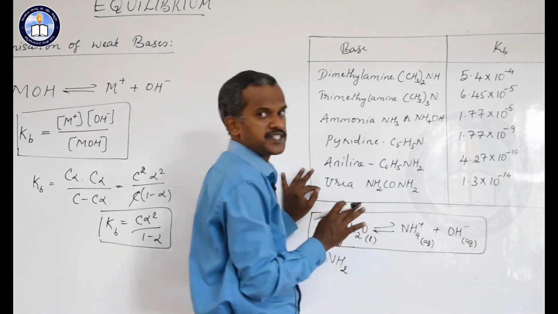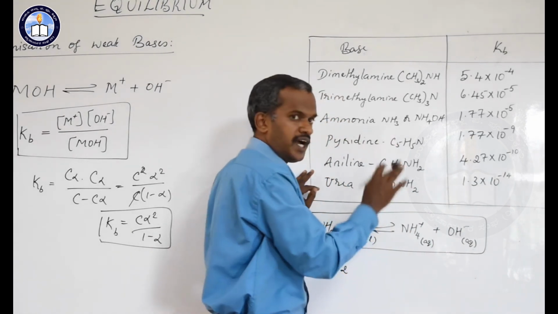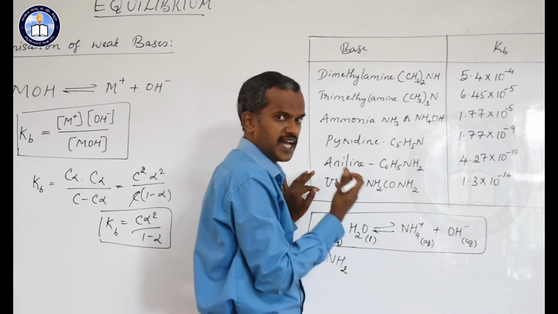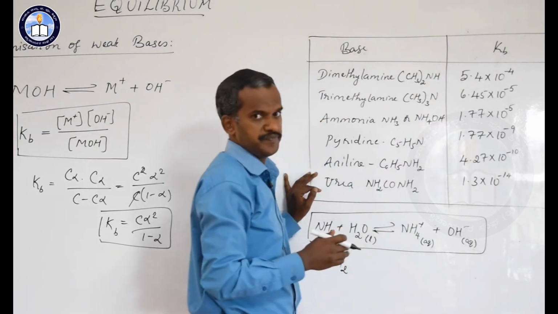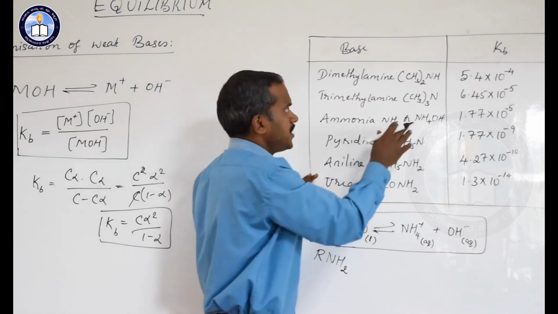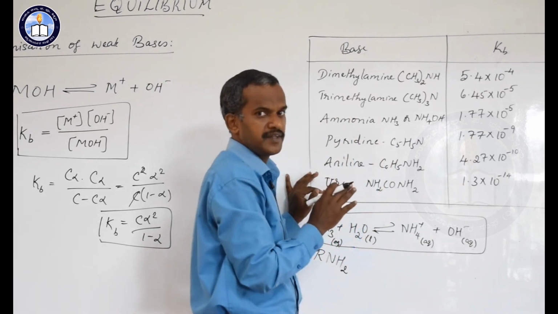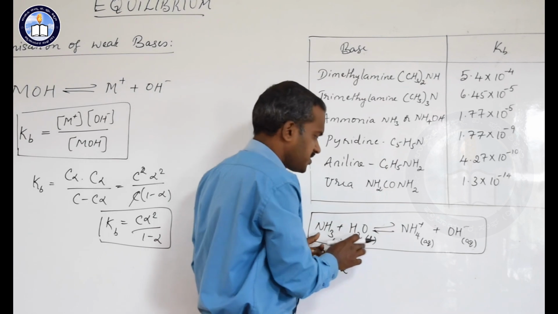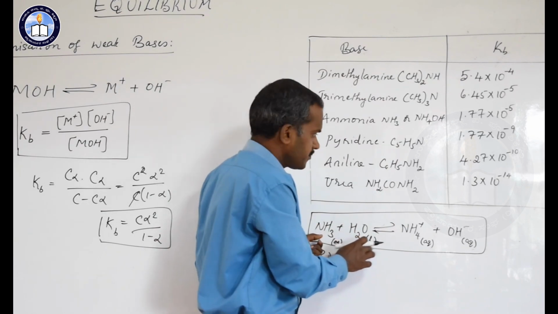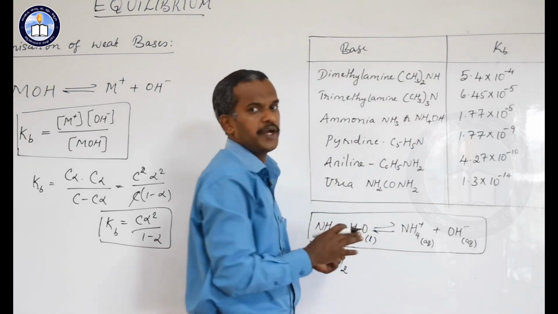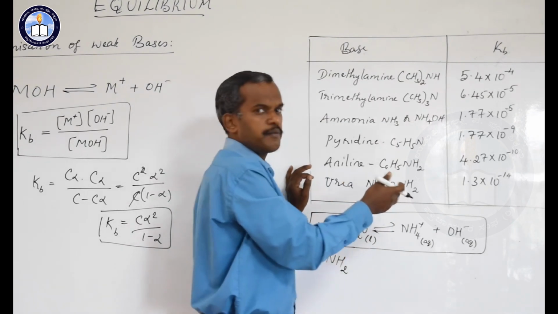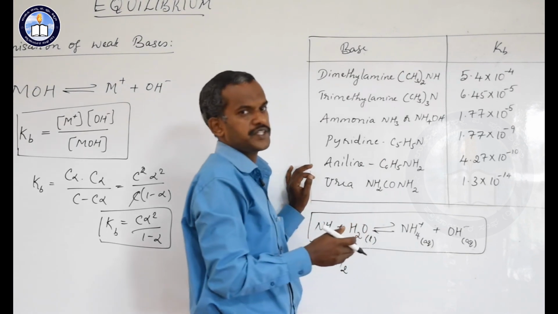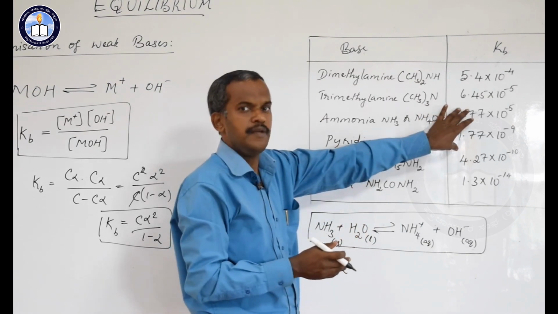So from this you will understand that ammonia and its derivatives, which are acting as bases, have dissociation constants like this. So that is about the dissociation constant. I think you understood. With this, remember this equation, that is easy, and you have no need to learn the values of dissociation constants by heart. Wherever calculation problems related to the dissociation constant come, the value of Kb will be given.